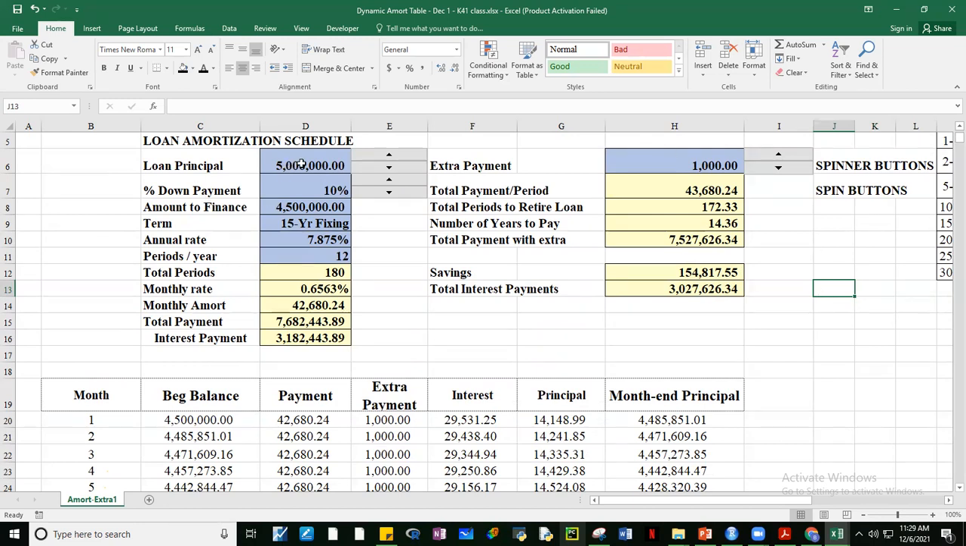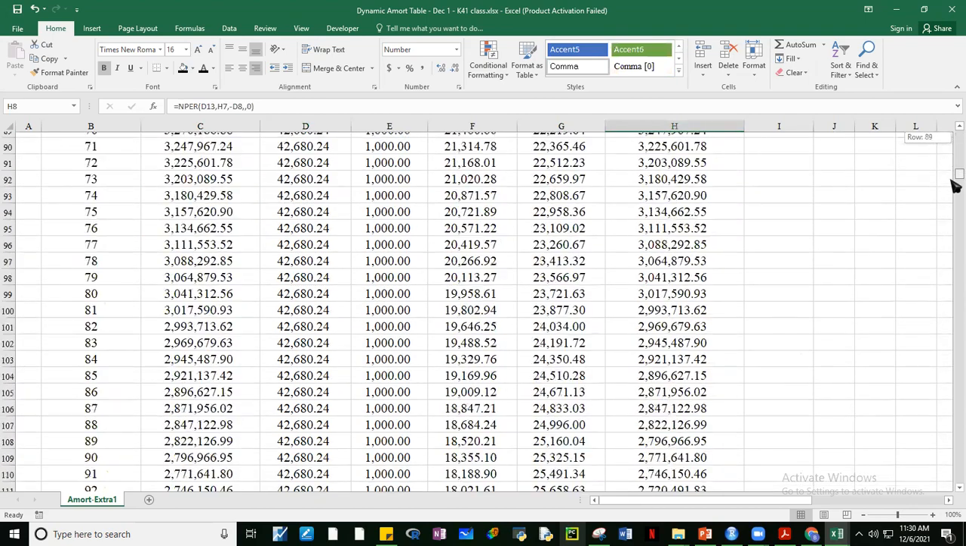Now, so nasa 5 million loan tayo, no? 15 years, annual rate 7.875, para pare-pareho tayo, ha? 42,680 yung monthly amortization natin. Nagdagdag tayo ng extra payment, no? Gawin natin 1,000 na lang, sorry. So yung 180 months, kung wala tayong extra payment, naging 173 na lang. Okay, so if we go here, 173,